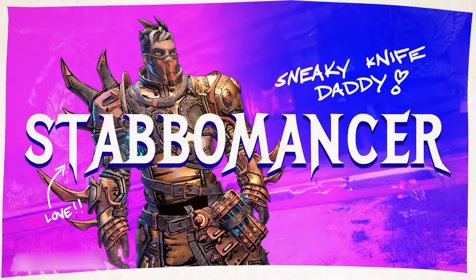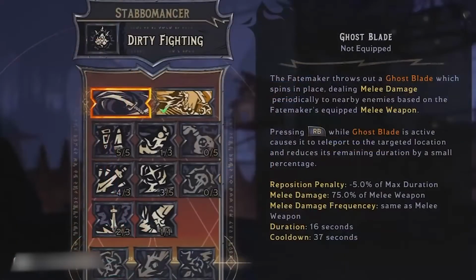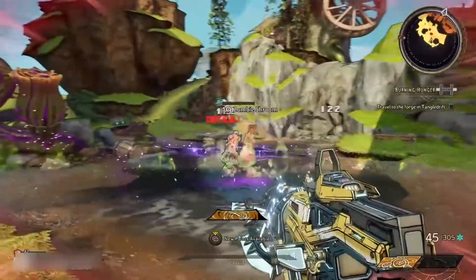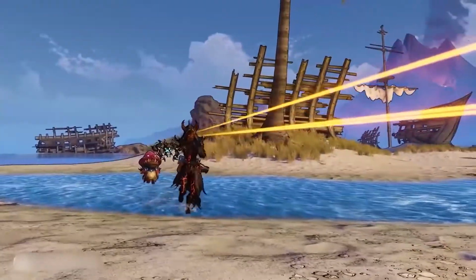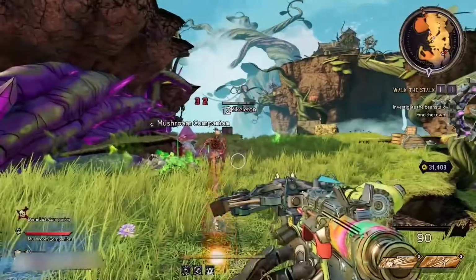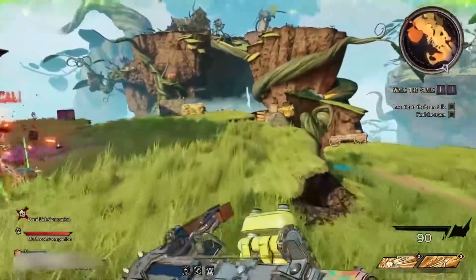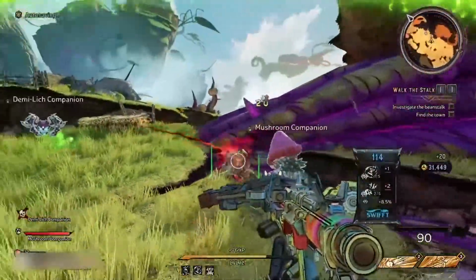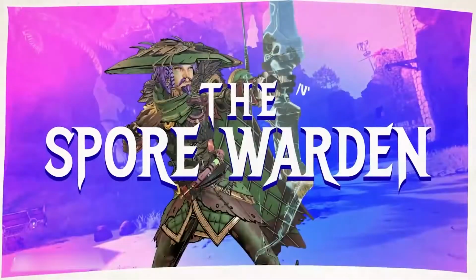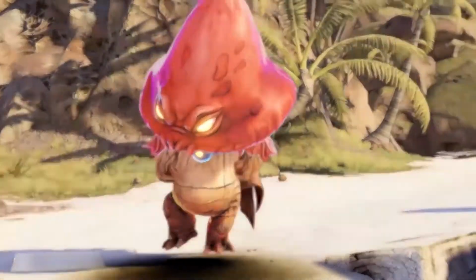Stabomancer, a stealth-focused class, for whatever that means in Borderlands, that allows you to turn invincible and throw a spinny knife thingy. Graveborn, a high-risk, high-reward class that has you sacrificing health to power attacks that restore your vitality. You're accompanied by a miniature lich. Clawbringer, you get a baby dragon. Spore Warden, you get a bow and arrow, can summon tornadoes, and are followed around by a mushroom humanoid thing